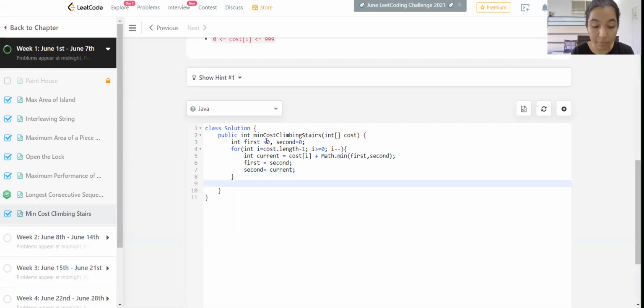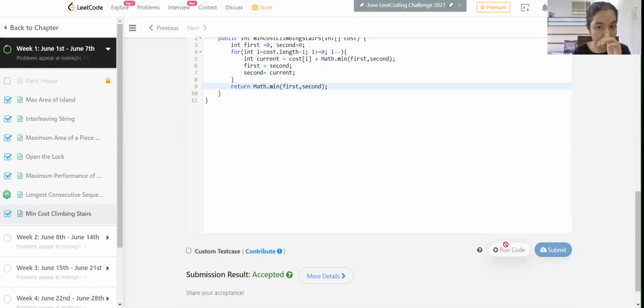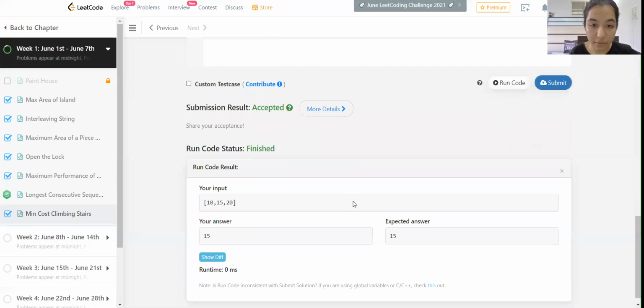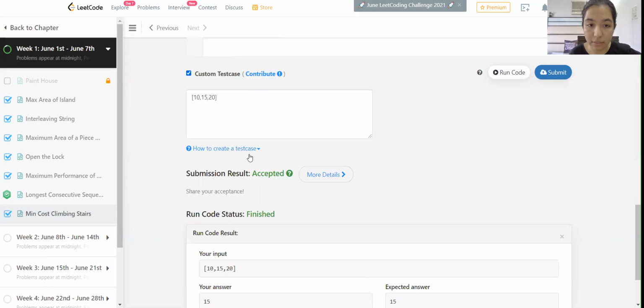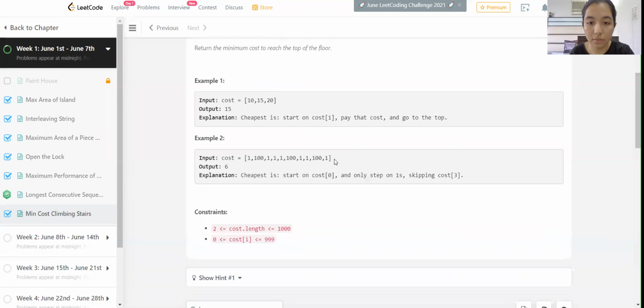When we come out of the loop, we're going to return Math.min of first, comma, second. And that is it. Let's try to run this and see if we have any errors. Let's try all of the custom test cases. Let's try it with this one.